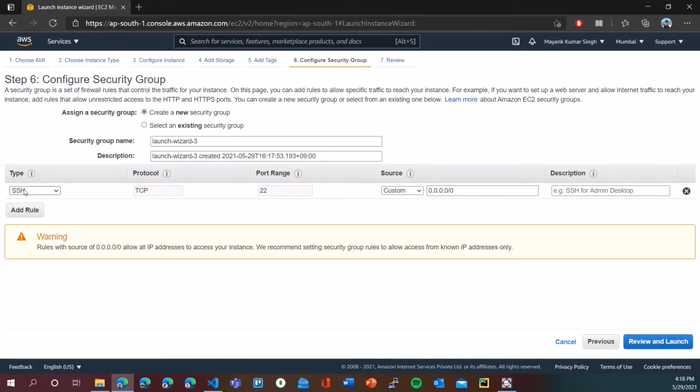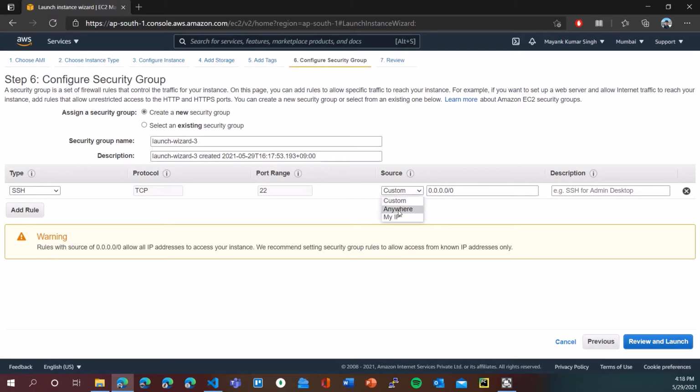First of all, there is the type SSH. So we are going to use the SSH protocol, which connects to port 22, and we are going to use this to be able to connect to the remote server from our own local computer. Now, we do not want anyone to be able to connect to our server. We just want us to connect to the server. So over here you can see 0.0.0.0/0. It means that anyone in the world will be able to connect to your computer by using the SSH protocol. We do not want to do that.